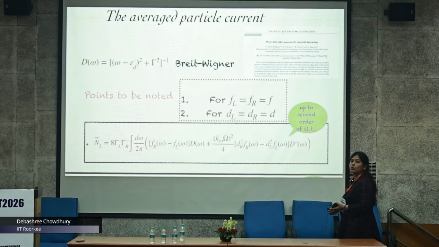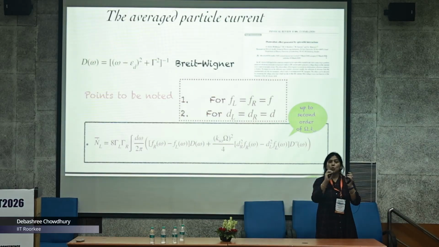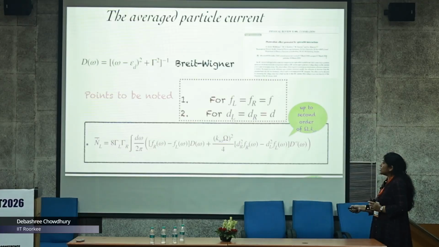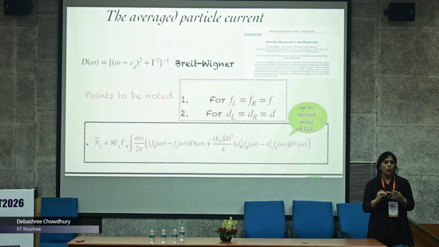So if you don't have biasing, it means the Fermi functions of your two sides are equal, that is, there is no temperature difference and no chemical potential difference. So this term goes away. Now look at this term. This is completely the effect of spin orbit coupling. You can see it is of the order of omega square. So you can see that it has dR square and dL square, and fR is equal to fL, this term survives. So one can conclude that in case of a mirror symmetric system, the particle current is 0